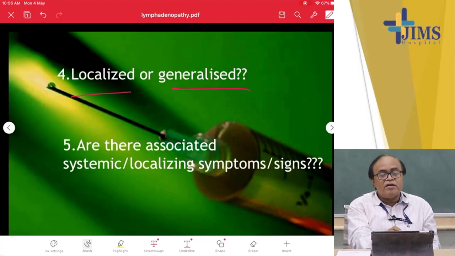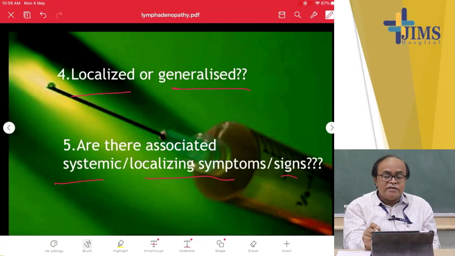This is very important mainly for Hodgkin disease in staging, clinical staging and pathological staging. Then whether these swellings are associated with systemic symptoms and signs, systemic involvement, then localized symptoms. Localized means giving pressure, local effect, pressing nerves, paralyzing,